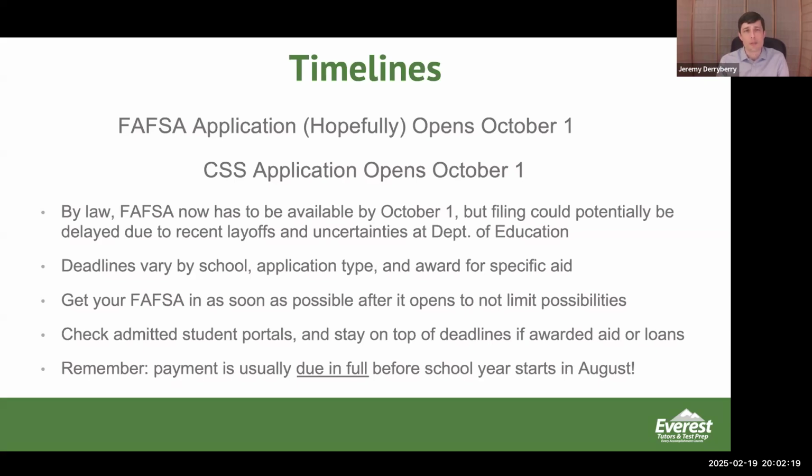So if a school is doing something like a rolling application, or if they've gotten in early admission, a lot of times the true financial aid form will come several months later. So it's important that you stay on top of that during this process, and have them checking regularly, just to make sure that they're not missing anything.